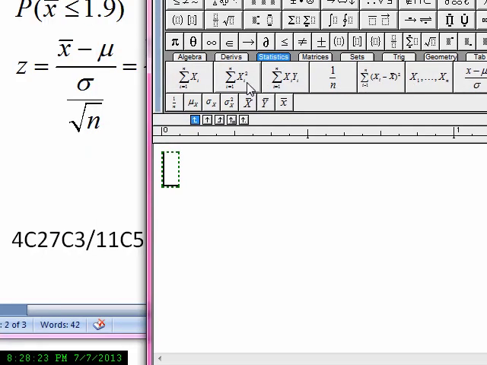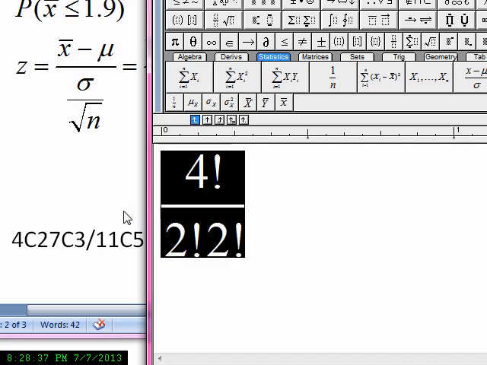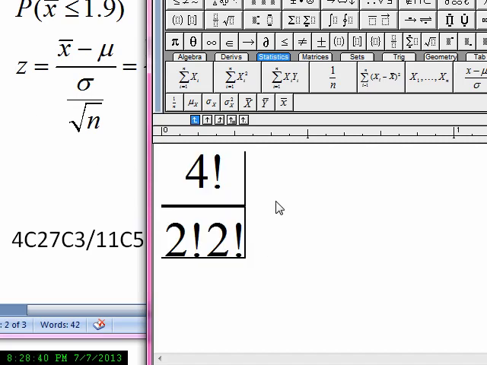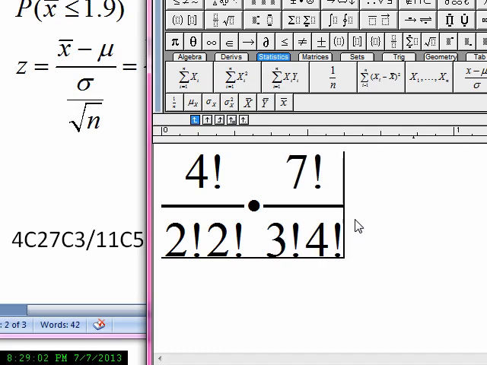Okay. So I need 4 choose 2. So that's going to be 4 factorial divided by 2 factorial, 2 factorial, and then 7 factorial. Now this is going to be 7 factorial, and then 4 factorial, and then 3 factorial, all divided by